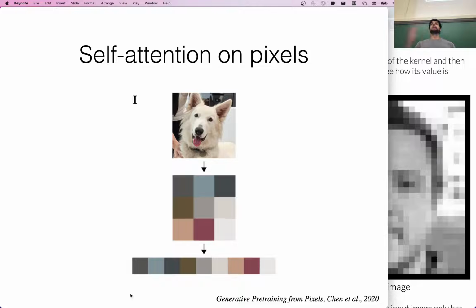We can linearize it, right? So you can see here that the top row is the first 3 pixels, middle row, next 3 pixels, bottom row, last 3 pixels. Now we have a sequence of numbers, right? So we can just feed that into a transformer, do self-attention, stack the layers, and finally we can predict the class of this image.